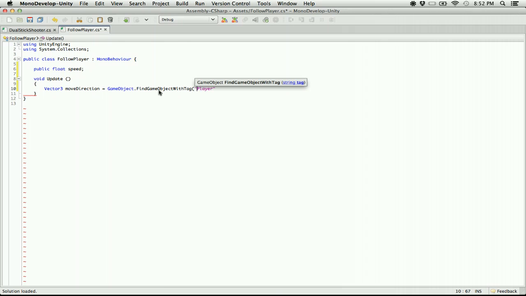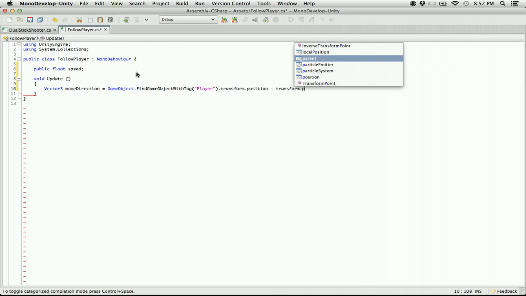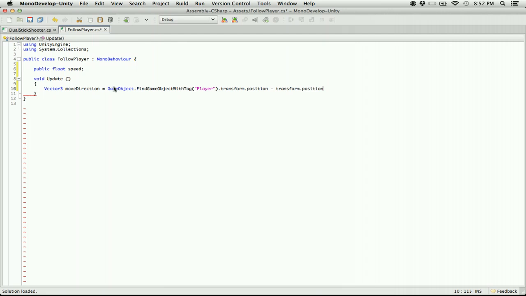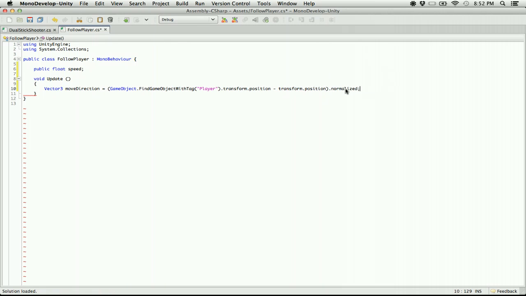in quotes, dot transform dot position. So that position minus our position, so the enemy's transform dot position. And then we take this whole thing and normalize it. And that gets our move direction. And then we do the same thing as before. We do